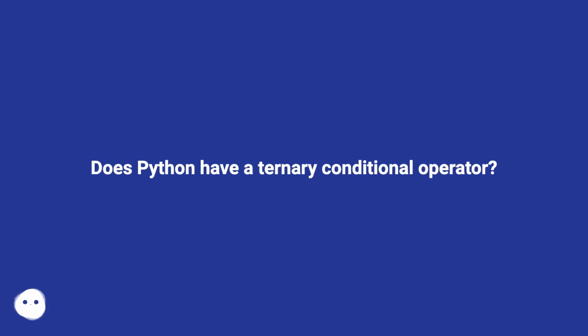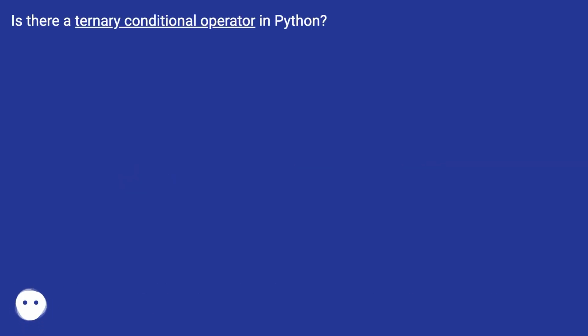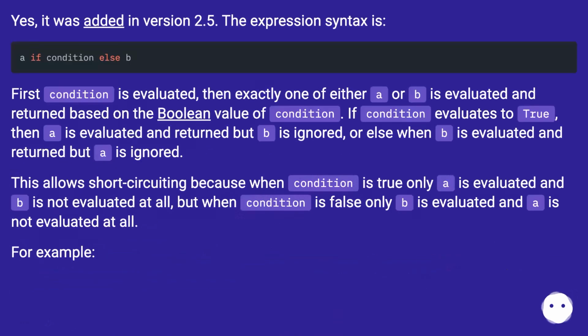Does Python have a ternary conditional operator? Is there a ternary conditional operator in Python? Yes, it was added in version 2.5. The expression syntax is: